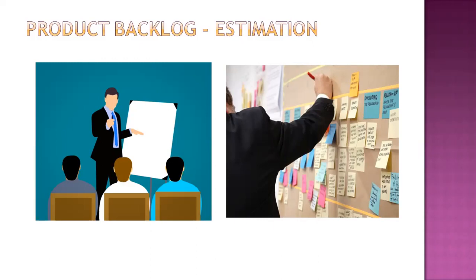So whenever we say our product backlog has a good number of estimated work items, that means the team is well aware of the product roadmap. Team is well aware of what is going to come in the future. That's why we always talk about product backlog health, which is a very important metric, not for the current sprint, but for the upcoming sprints. So these are all the advantages we are going to get with the help of product backlog estimation.